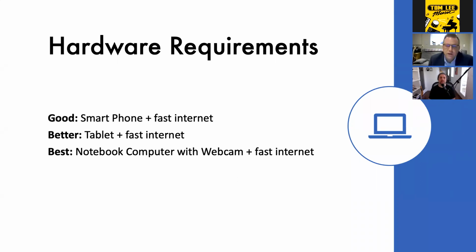So the better solution would be a tablet. This would be an Apple iPad or an Android tablet. It has a larger screen, is easy to use, and allows you to more easily share content and mark up, say, student scores and things like that. And again, the cons are primarily the audio quality of just using the device on its own. Jeremy's going to talk to you a little bit later about some of the things you can do to improve audio quality on both a smartphone and a tablet. Video quality again depends on the platform that you're using. And a tablet is a little bit more expensive than a smartphone.